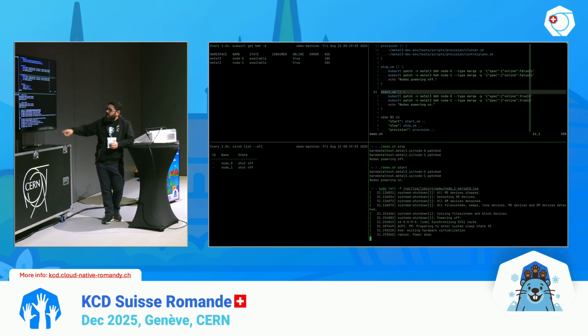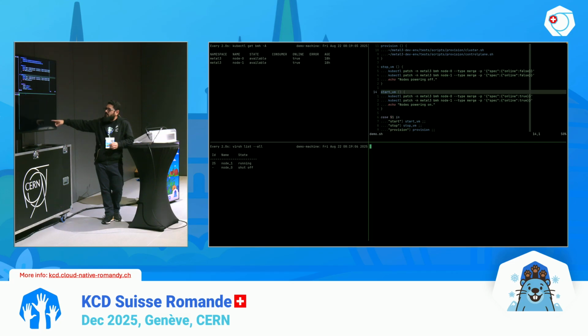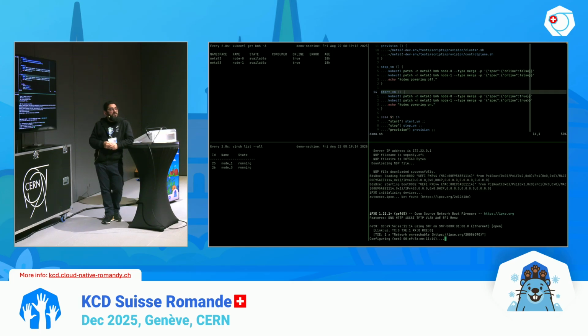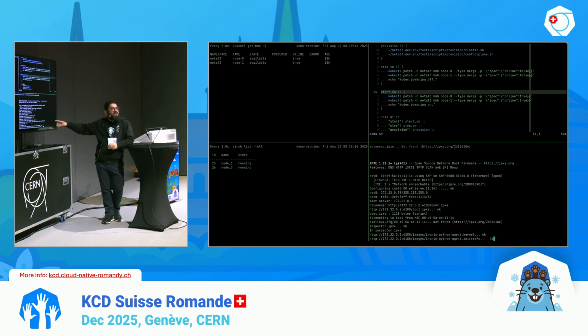And in the bottom right corner, you will see the PXE booting has started, and it is also spitting out the serial logs in the VM. So this is the deploy RAM disk, or Ironic Python Agent, running on the node, and it is doing the inspection and those kinds of operations on the VMs.